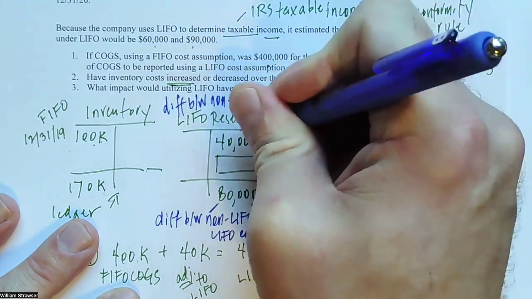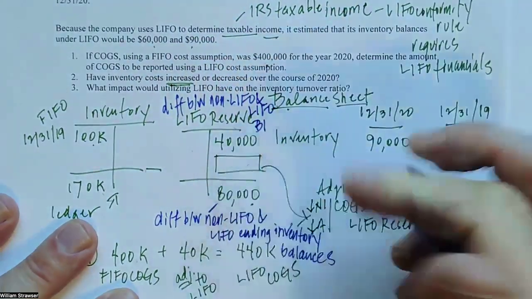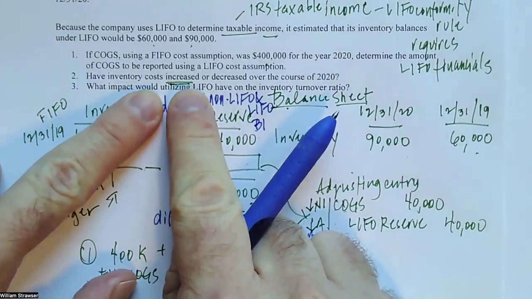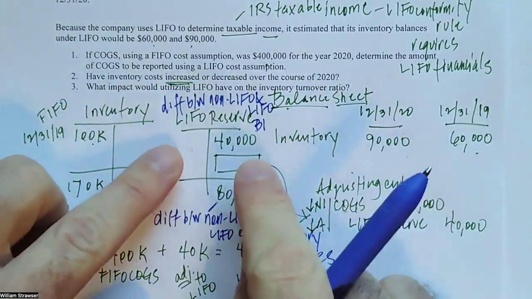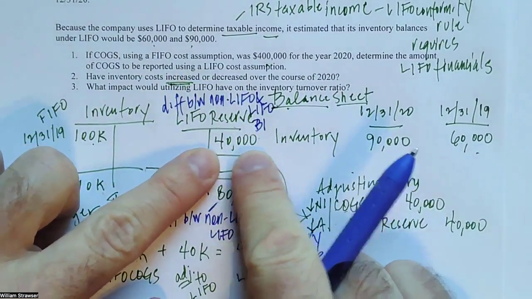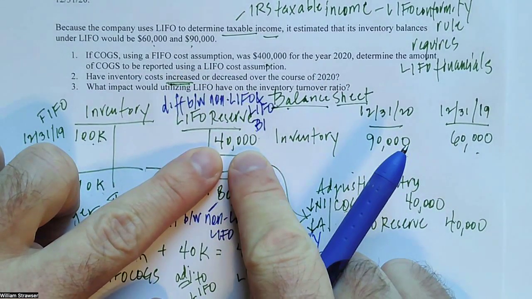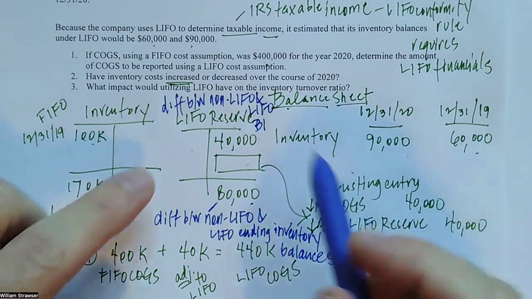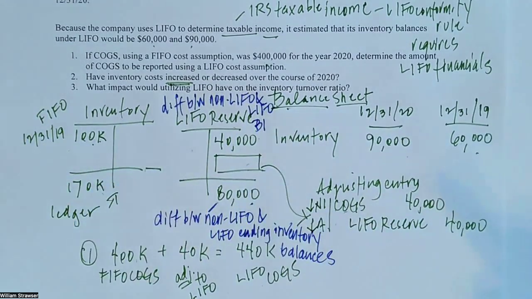I don't have much room, so I'll just write BI, beginning inventory balance. Okay. So prices must have increased because the discrepancy between LIFO and FIFO, which arises from the difference in inventory costs over time, grew over the year. And so that suggests that the discrepancy between our oldest prices and our newest prices must have also grown during that time period. And the final question